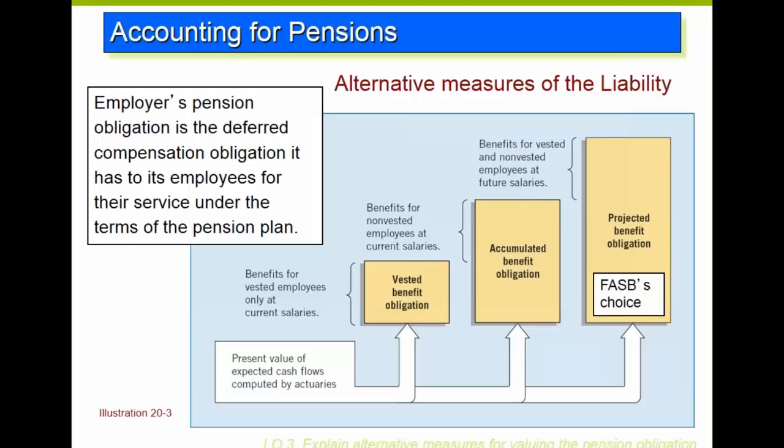And let's kind of think about it this way. Generally speaking, vesting occurs after you've worked for 5 years. So once you've worked for 5 years, from the employer's perspective, they have a liability related to you. You have a guarantee related to a specific component of your pension. We talked about this in the sense that the pension is based upon a couple of factors, one of which is years of service, the other is the salary, and the final piece is some sort of factor that the